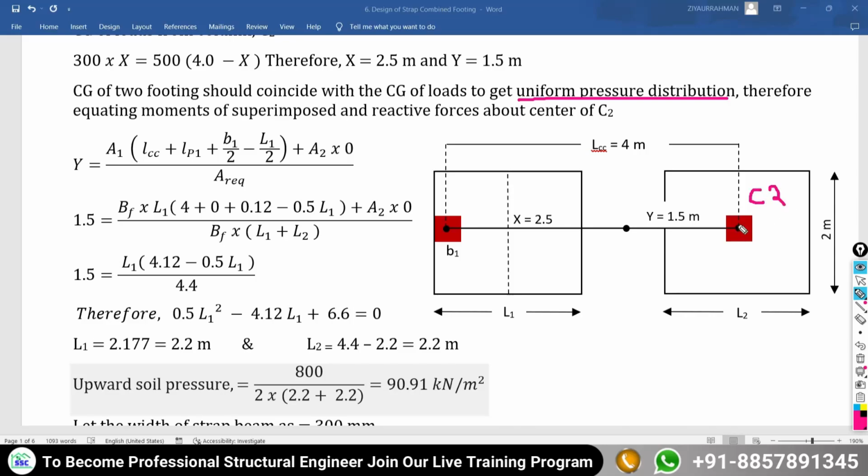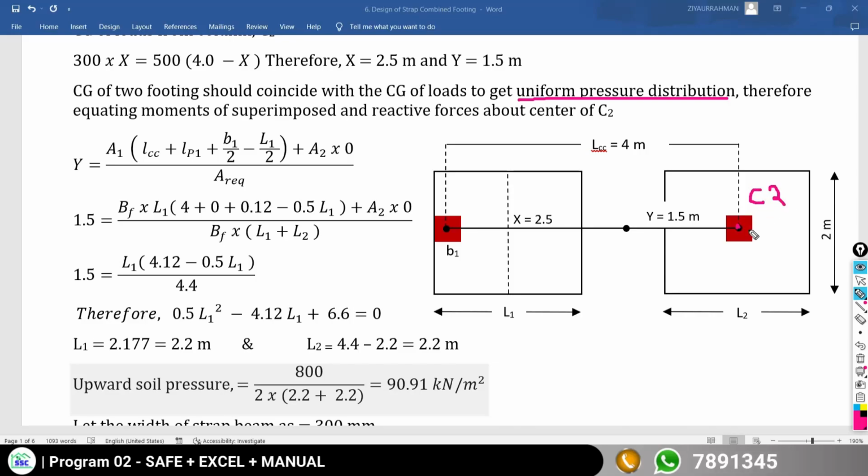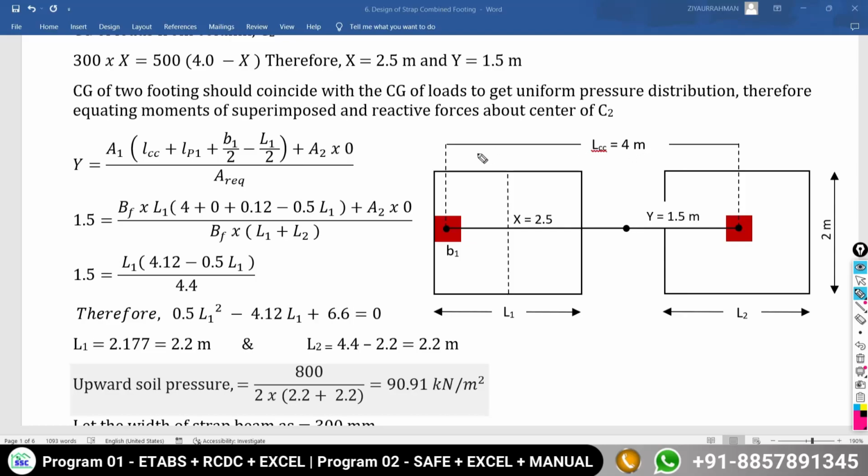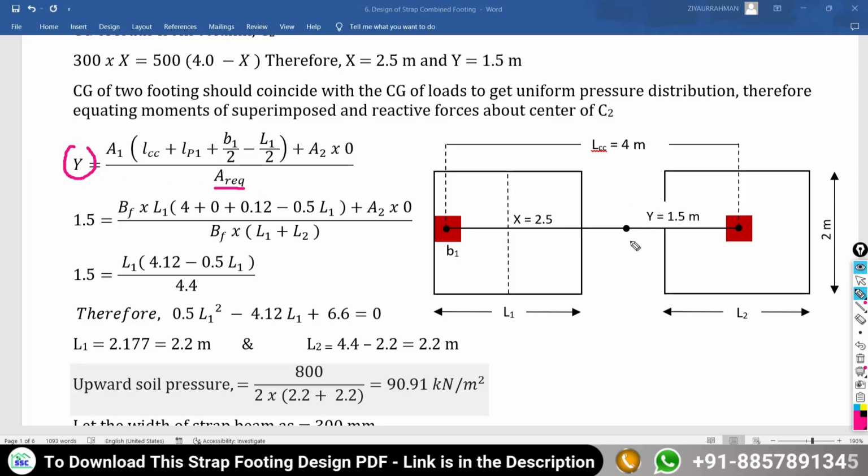This is your column C2 and this is the center of your column C2. So I am going to take the area of total foundation as the area of the footing required, in multiplication with your y. This is your y. So this value of the area of footing comes in the denominator, and with that will equal to the area of